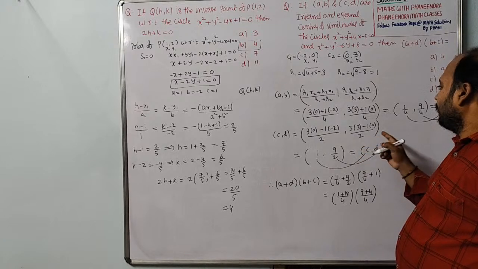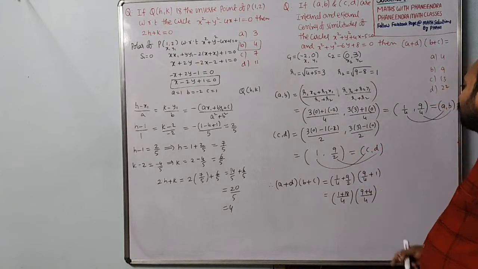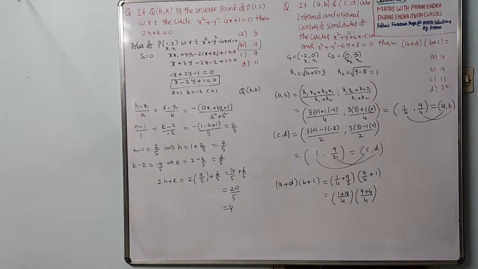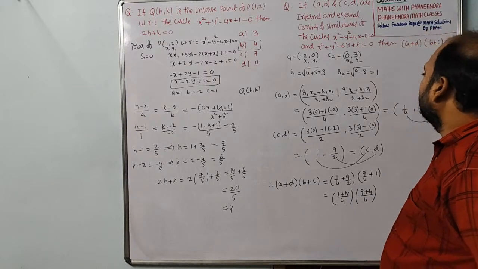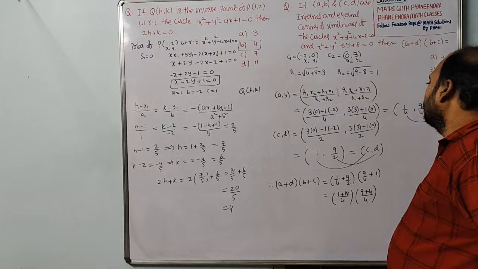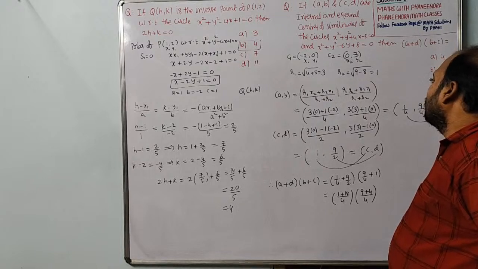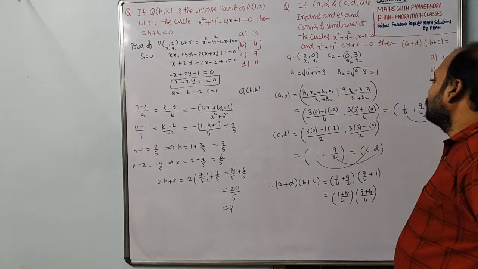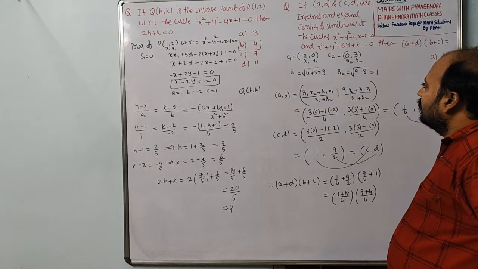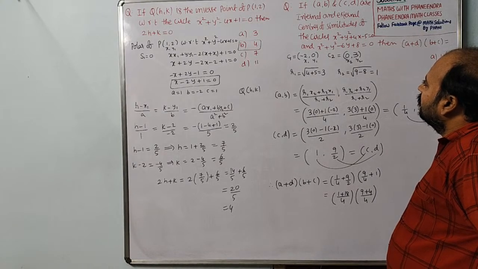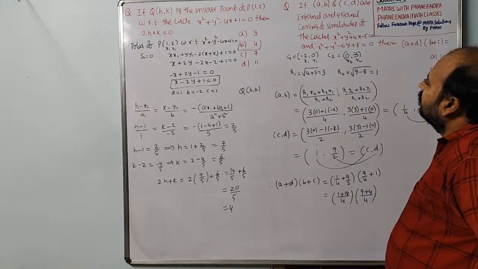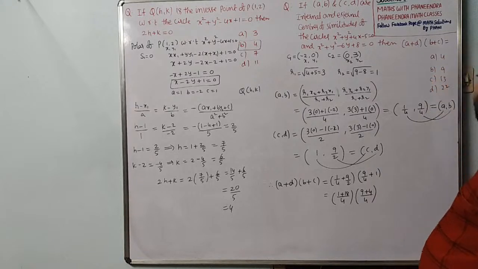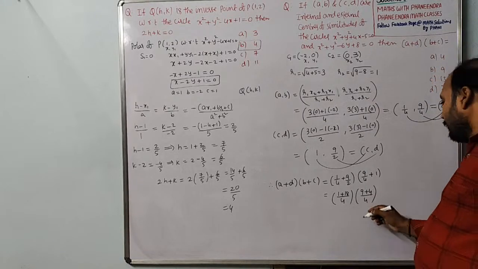Okay. 9 by 2 itself only it comes. Okay. Correct itself. Okay. So now